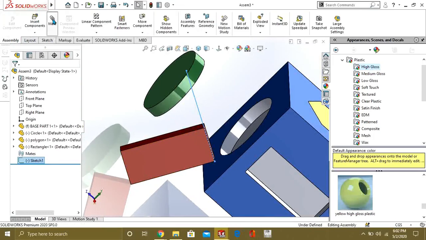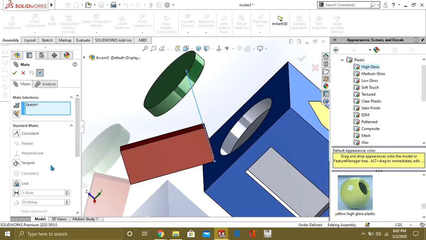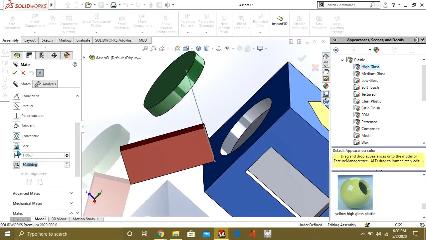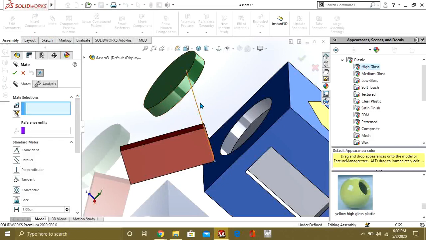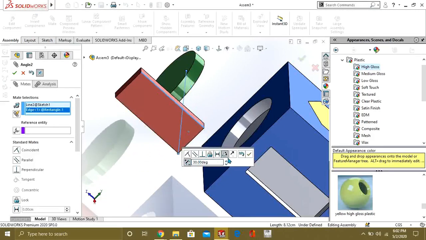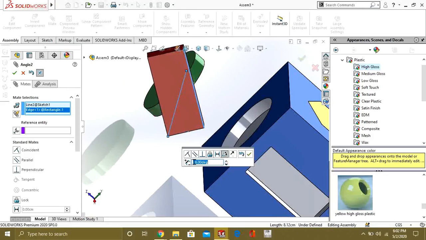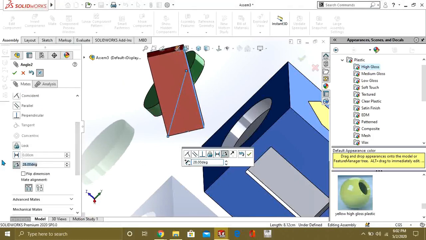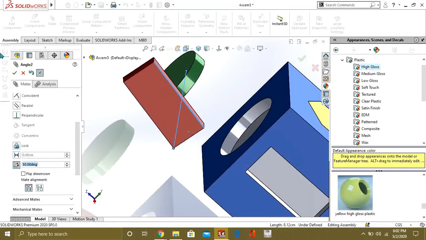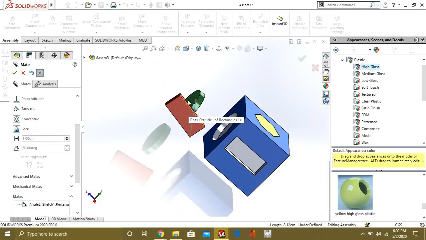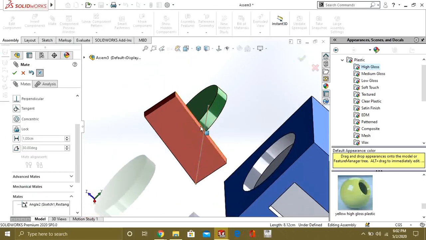So I will go to simple mate and I will go to the angle command. I will select this line and this vertex. So now you can see you can easily add the angle between these two lines using the angle mate command. Now you can see that the angle between this line and this vertex is 50 degrees.